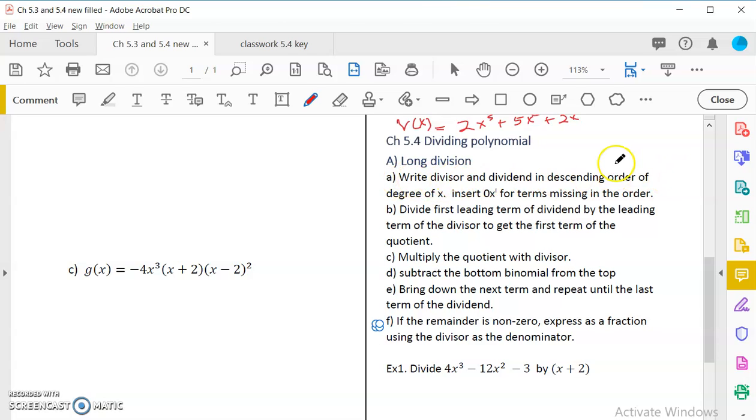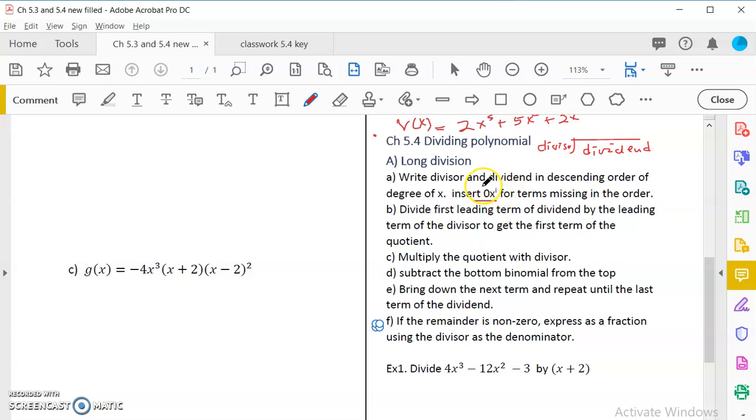First, you have to write it in a long division format. You put the dividend, the one that you want to divide, inside, and the divisor outside. Also, when you write the dividend, make sure that all the missing terms are inserted with a placeholder of